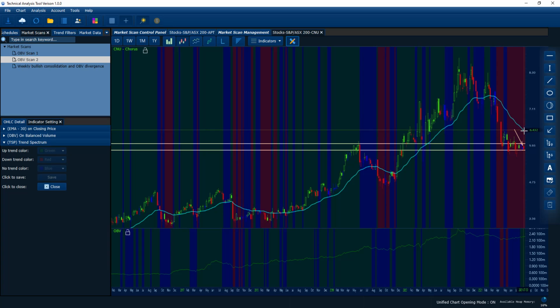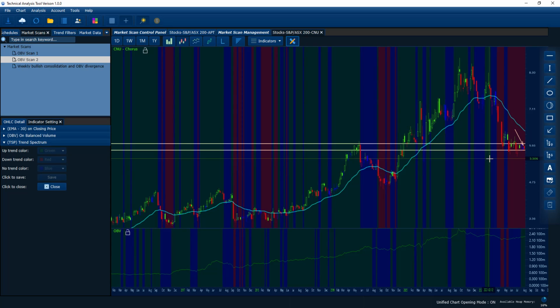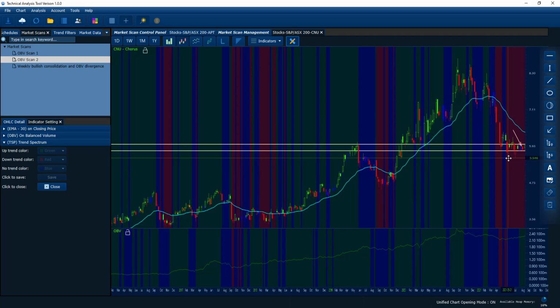We usually do not buy any shares when the price is below the 30 weeks moving average and the 30 weeks moving average is sloping down. That is not a good sign, but sometimes it depends on the situation, because we have a very solid support here. We can bet a very little